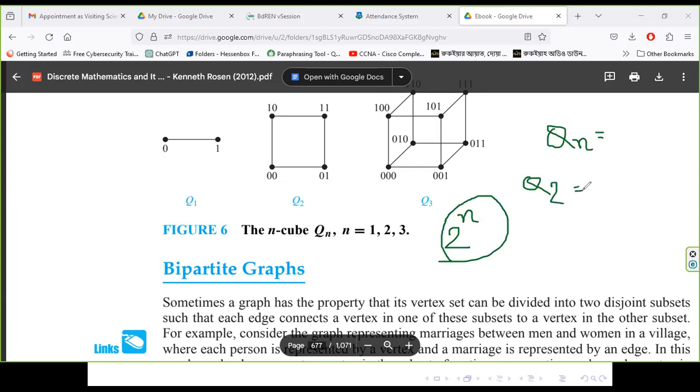যদি তোমাকে বললাম যে Q2 এর গ্রাফ আঁকো, তাহলে n এর ভ্যালু 2, 2 স্কয়ার মানে হচ্ছে 4, মানে নোড লাগবে 4টা, 1 2 3 4। ঠিক আছে? 4টা প্রত্যেকটা প্রত্যেকের সাথে কানেক্টেড।